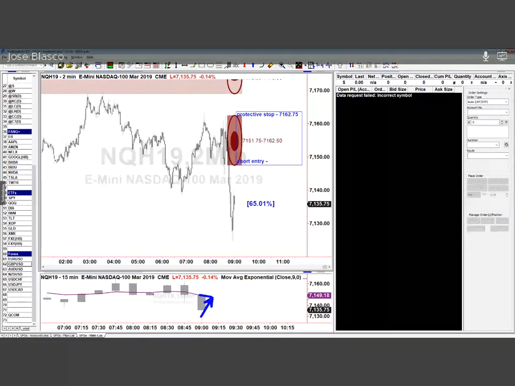Does that make sense? So what are we going to do? Well, this is just a little bit of a guess. You can review this as price approaches. But I'm going to shoot for 71.50 as the entry, which is a little higher than 71.49, which is the current price of the average. So that would be my expected entry for this trade.